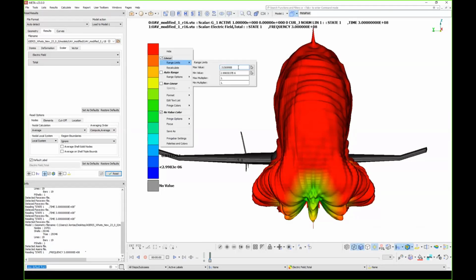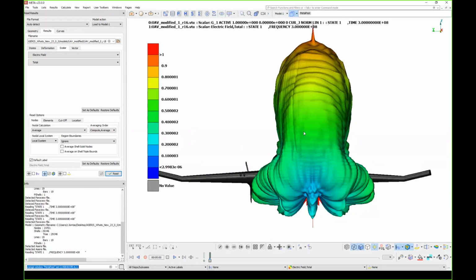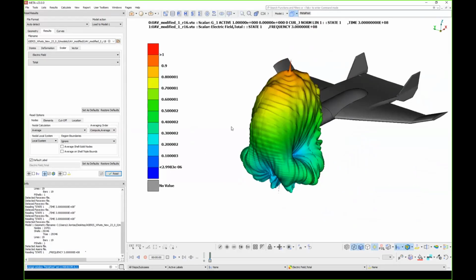Let's put some range limits here. Here the colors are better. And you also have a way of changing the parameters of this radiation pattern. So this is a new tool that is present in Meta version 23. It's in results, far field.